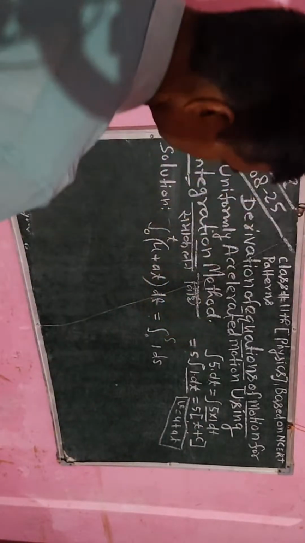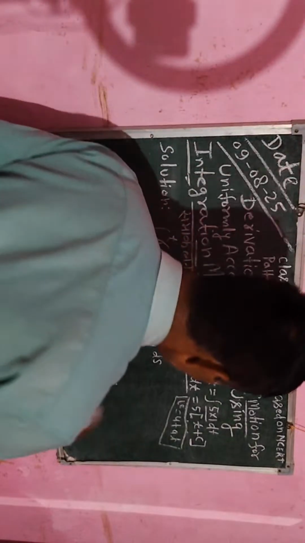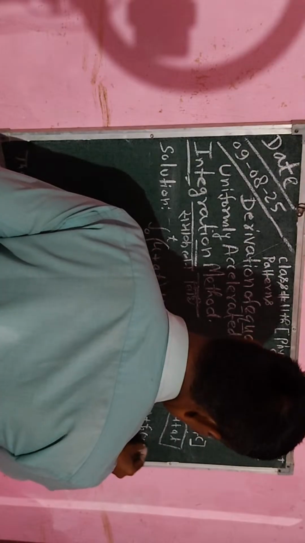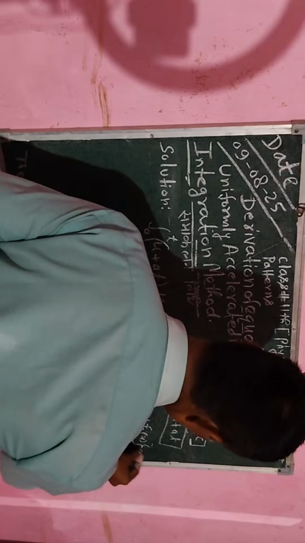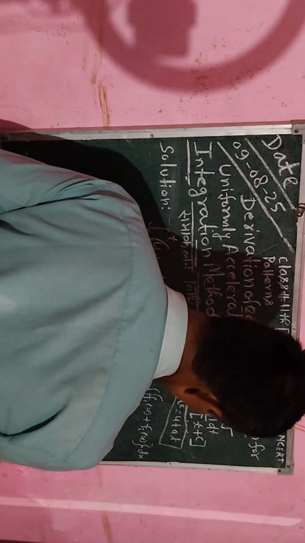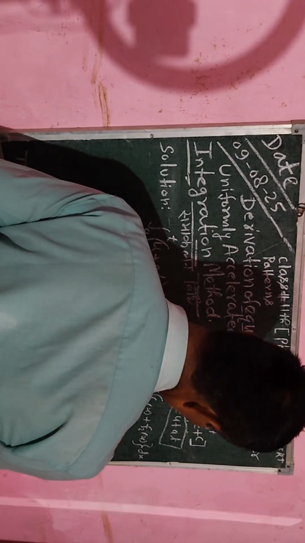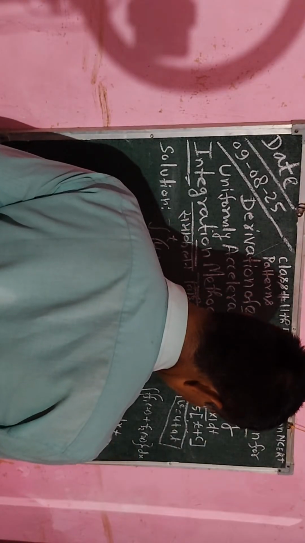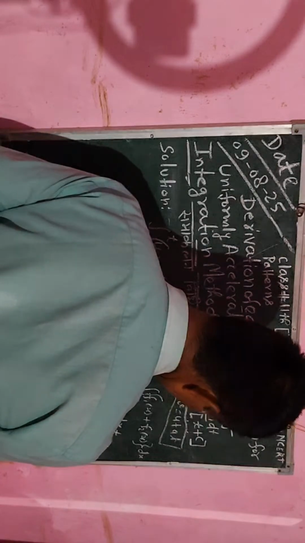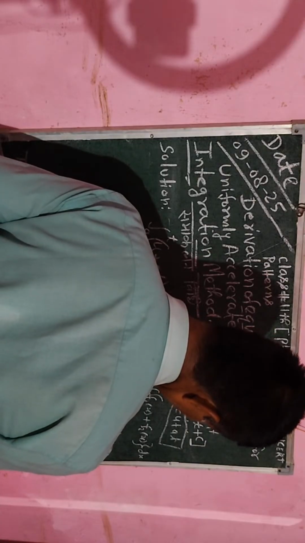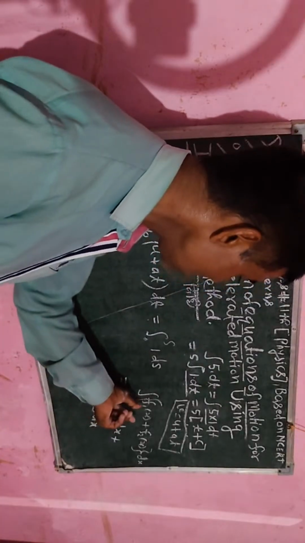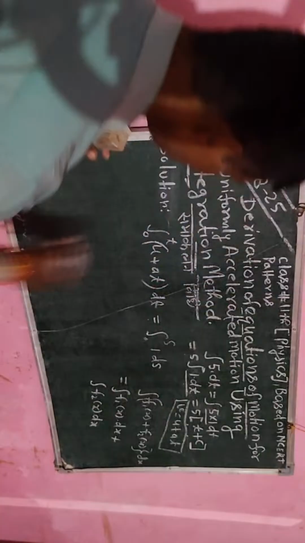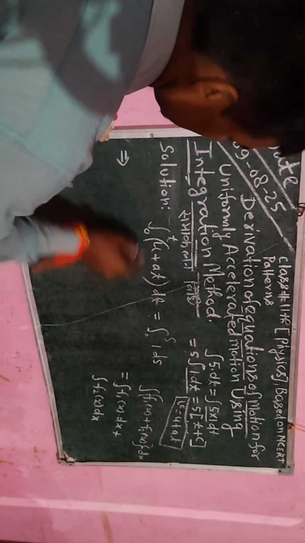ओके, अब गिवन जो डेटा है उस डेटा को इरेज कर रहे हैं। अब एक कंसेप्ट और यहाँ पे एक्सप्लेन करेंगे। अगर हमारे पास दो फंक्शन है, f1 ऑफ x प्लस f2 ऑफ x, और इन दोनों फंक्शन को अगर हम x के रिस्पेक्ट में इंटीग्रेट करते हैं, समाकलन करते हैं, तो इसको अलग अलग पदों में हमको समाकलन करना होता है। तो f1 ऑफ x dx के रिस्पेक्ट में, उसके बाद दूसरा f2 ऑफ x को dx के रिस्पेक्ट में हम समाकलन करेंगे। इसका मीनिंग यह हो गया, अगर दो फंक्शन का एडिशन है, सब्ट्रैक्शन है, तो उसको हम इस तरीके से अलग अलग करके उसका समाकलन करेंगे। तो यहाँ पर उसी कंसेप्ट को यूज करेंगे। यहाँ पे u एक फंक्शन है, तो u इंटू